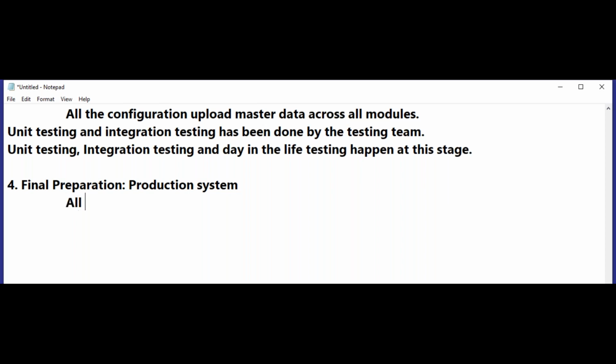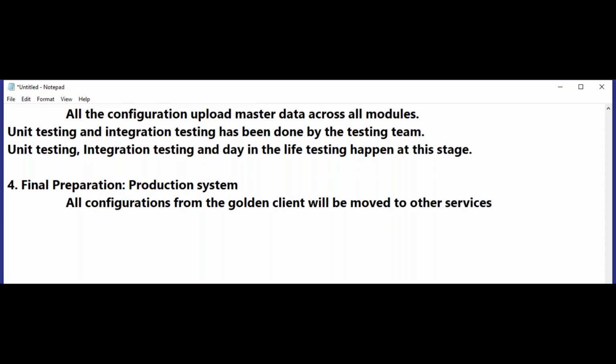In this step, all configuration from the golden client will be moved to other servers. So once that is finalized, testing is conducted and everything is working fine, that is going to be moved to other servers. And also in that area, there is going to be uploading